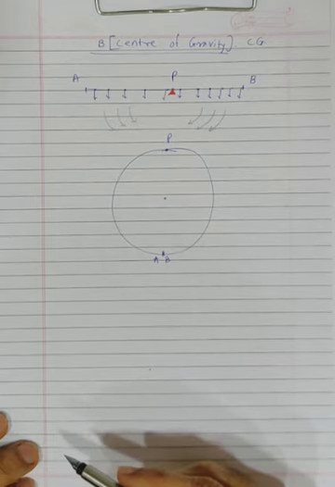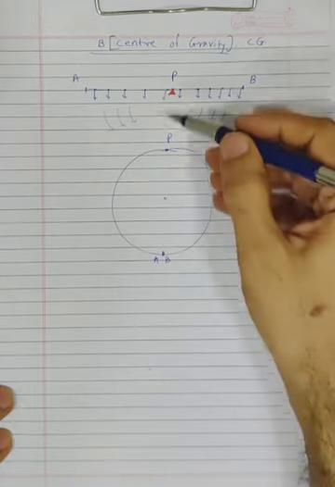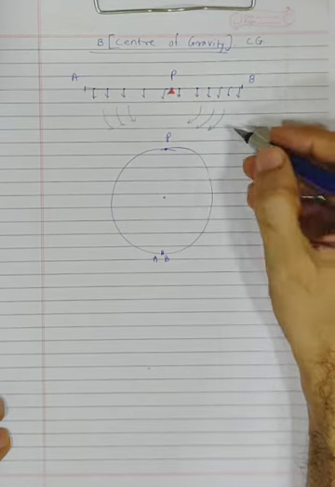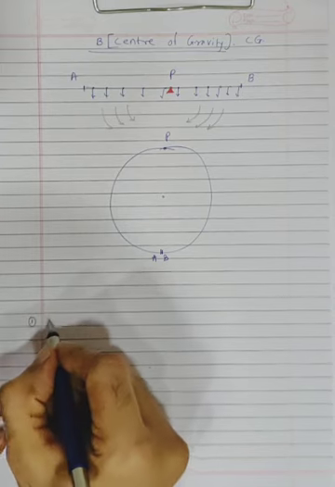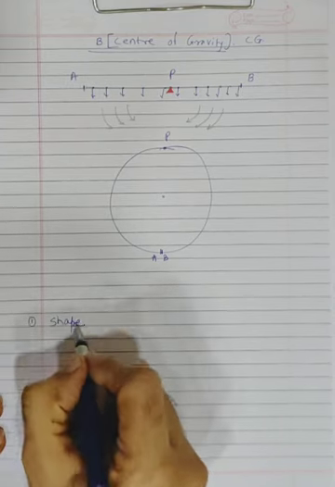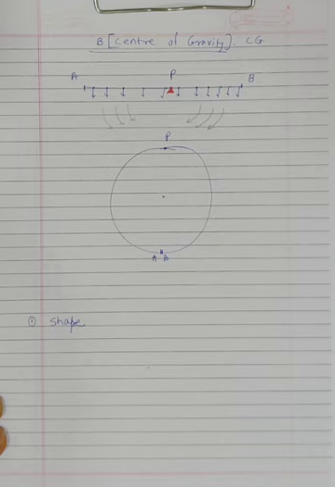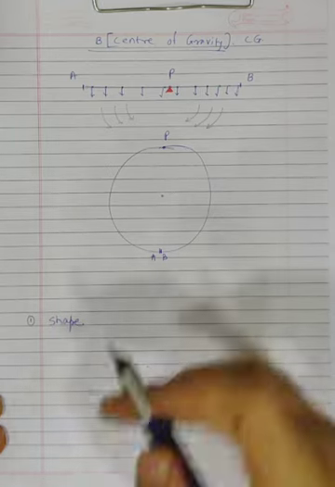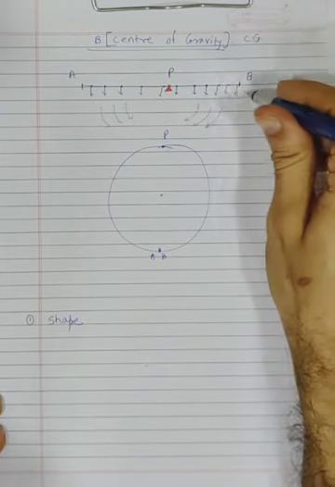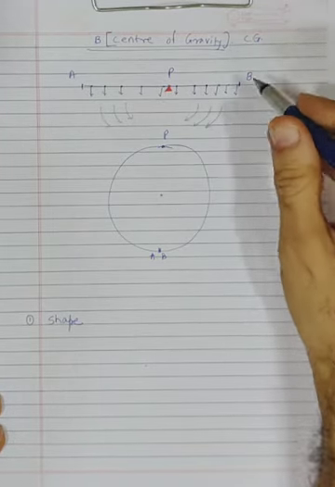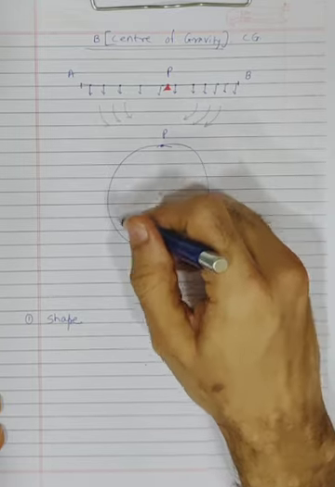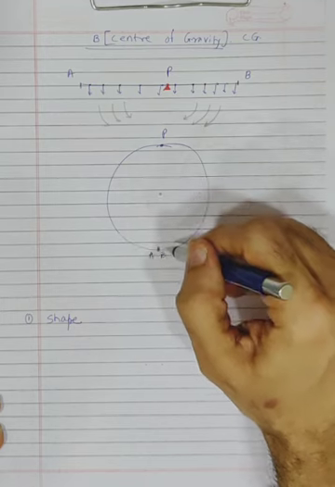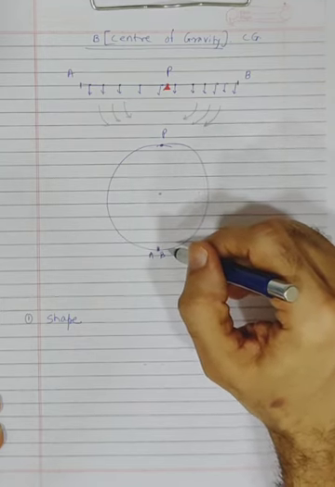So what we need to notice here is that the center of gravity has changed its position as we change the shape. If you change the shape of a body, then the center of gravity also changes, we noticed. Correct? Second thing, here the center of gravity was on the material, on the wire. Is the center of gravity here on the wire? No. Or is it inside this material? No. Okay, it is outside the material.